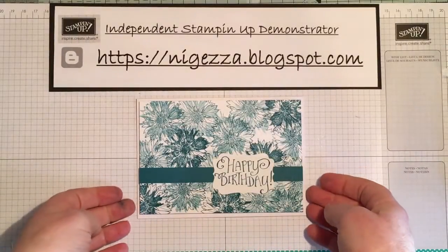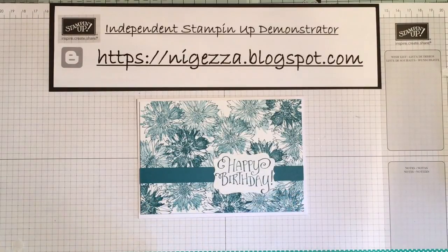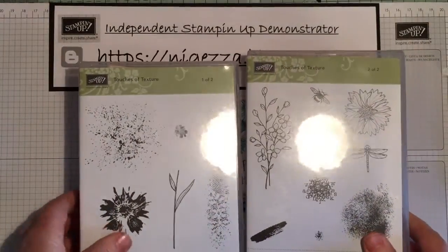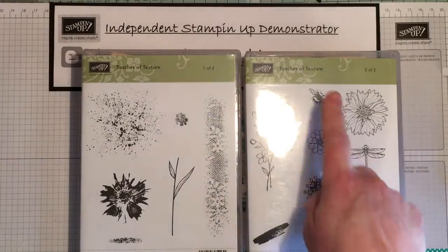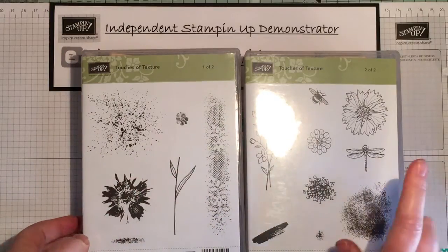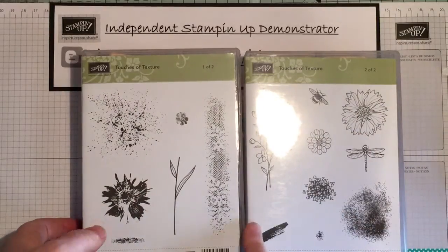Hello again. Right, today I'm going to do this card here using Island Indigo and Whisper White, and I've made my own DSP using the Touches of Texture stamp set, which is a lovely stamp set. We've got flowers, I used that in another video, dragonflies, a nice little bumblebee, and then you've got lots of different textures which make beautiful backgrounds, and we're going to use the outline of the flower there and then the splodgy filly-inny bit